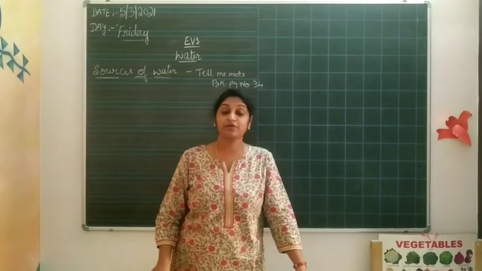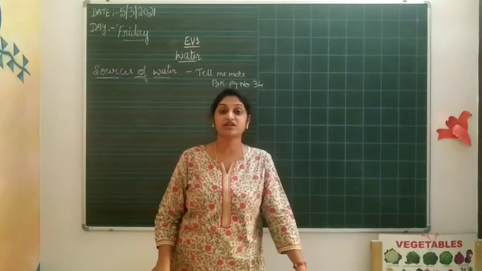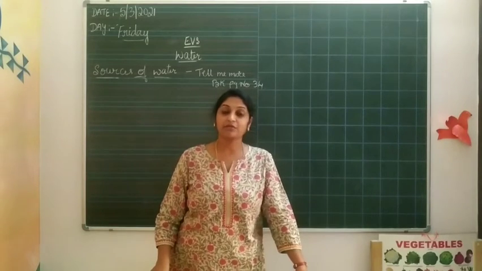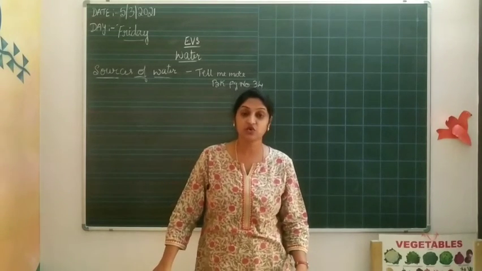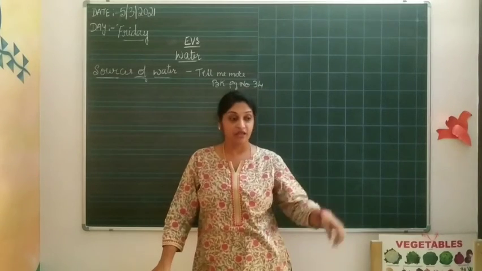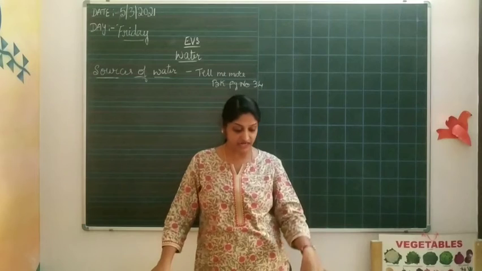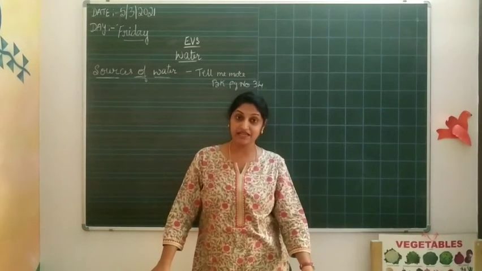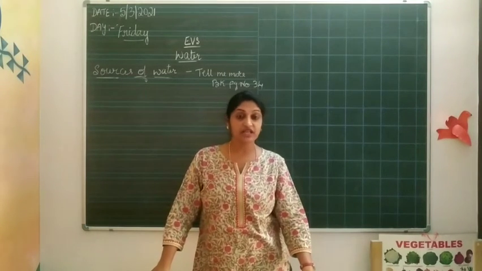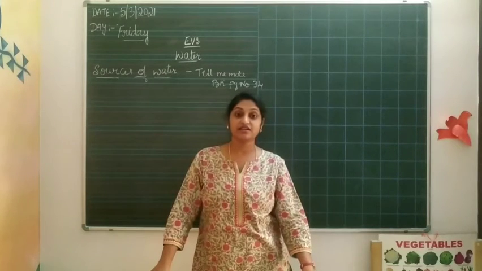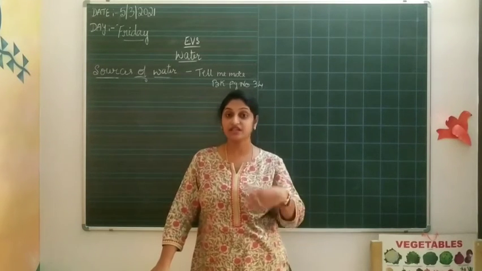Next is hand pump. Hand pump is a modern type of well. Okay, that is also man-made. It's an artificial source of water. Yes, no? Because when you pump, the water will come out of that. Then lake. Lake is not artificial. It's a natural type of water that is made up of a natural one.